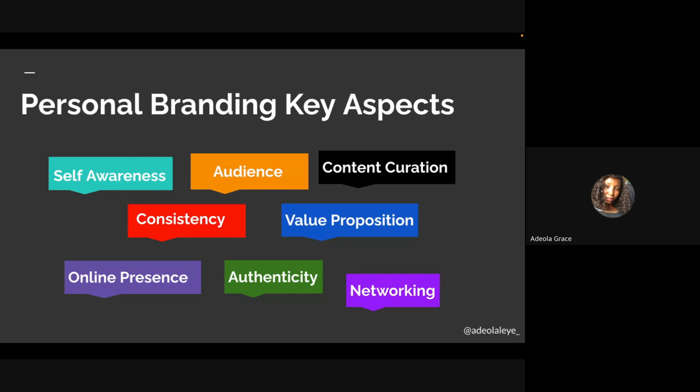Experience in the sense of, I just obtained a so-and-so. I see that a lot on LinkedIn. I just started working somewhere, I'm thrilled to announce to you, all of those things. You're building yourself, and content is also part of it, and then networking as well, the way you nurture relationships. There is something we seem not to be getting right in networking, and as a matter of fact, I think I got it wrong to some extent as well.